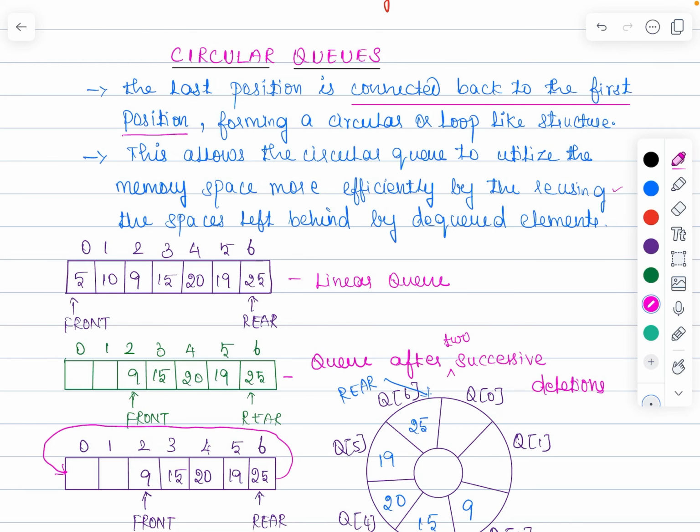Circular queues. A circular queue is a type of queue structure in which the last position is connected back to the first position, forming a circular or loop-like structure. This allows the circular queue to utilize the memory space more efficiently by reusing the space which was left behind